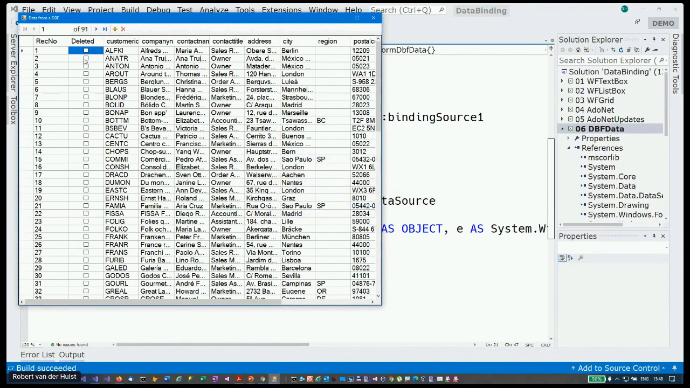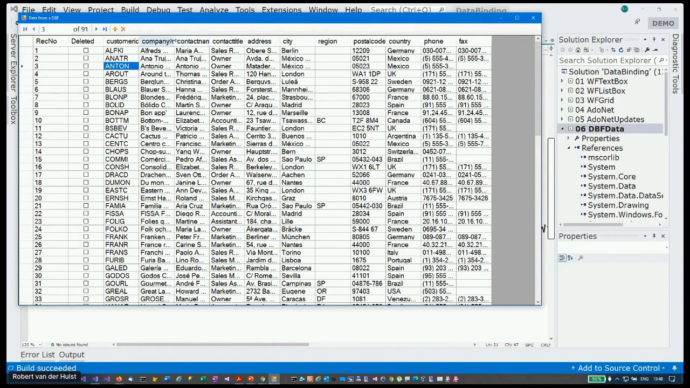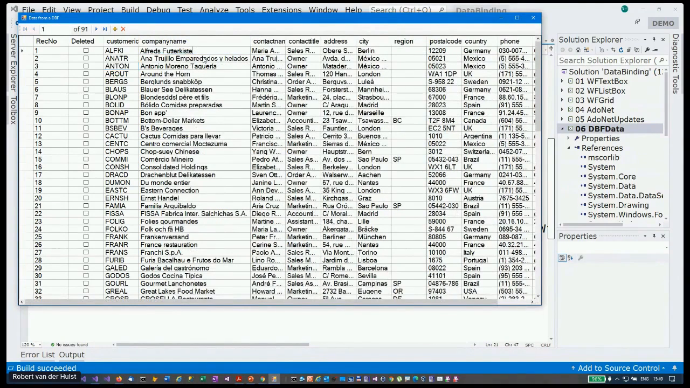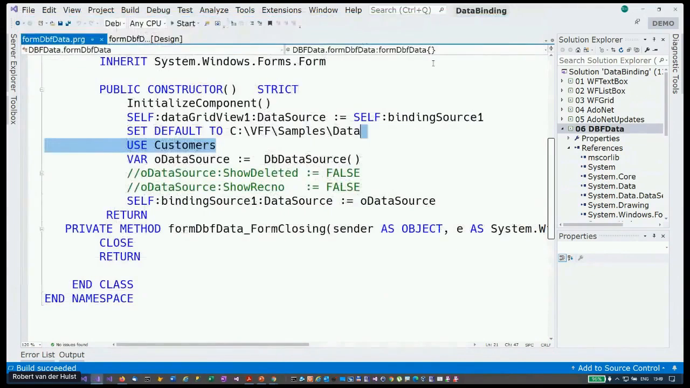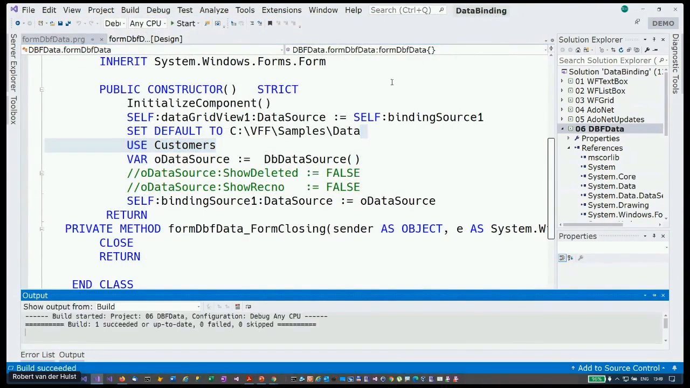No, come on. I can't. Well, this is apparently a bug. This should be able to toggle, but it doesn't work, unfortunately. But I can also edit the company name. So if I change this to Alfred Futterkiste 1, and I close the form and run it again,